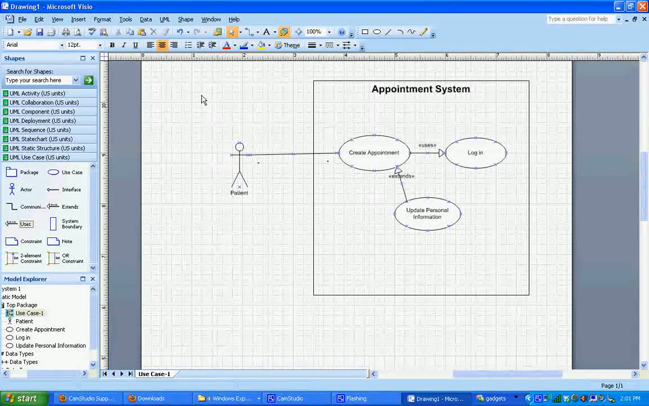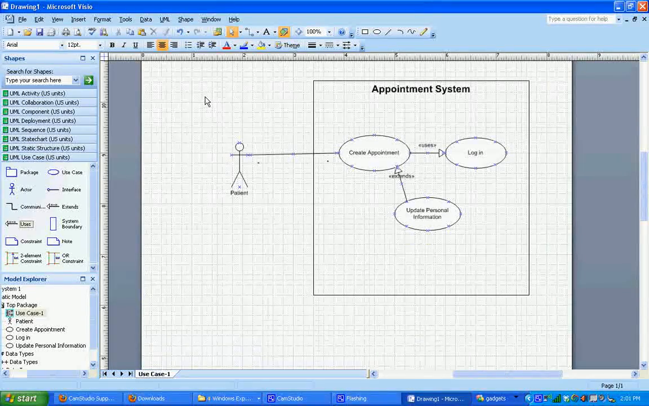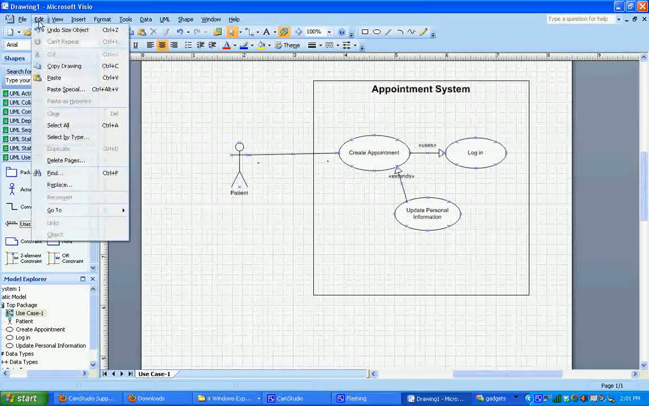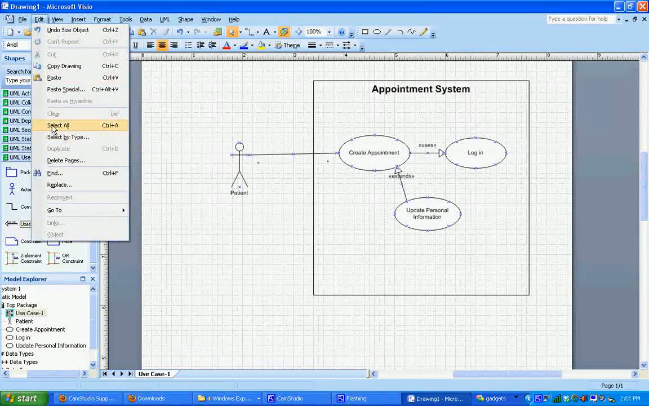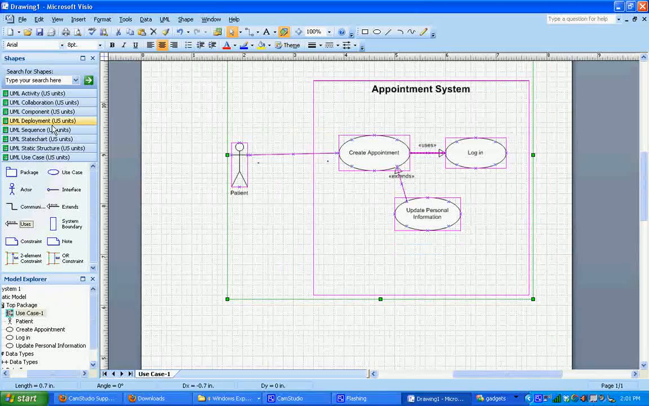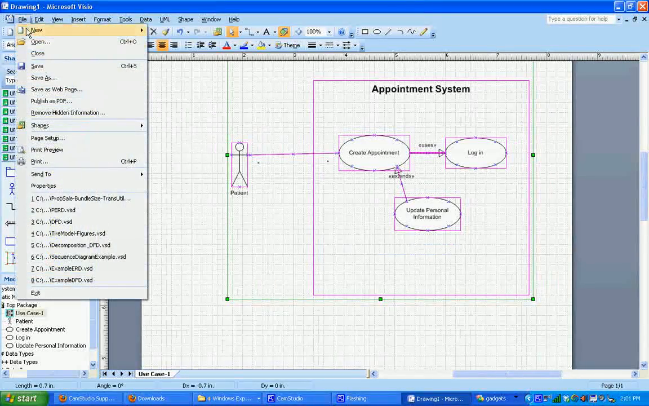Now the last thing we're going to do today is we're going to show how to take this diagram that we've just drawn in Visio and export it as an image file that we can then use in any other application that we might want to insert an image. So for example Word or PowerPoint or even on a web page. So to do that we're going to first select everything. So we do edit, select all, everything gets highlighted in pink,